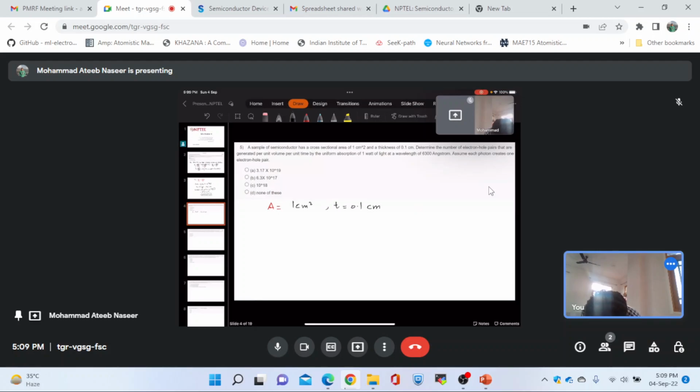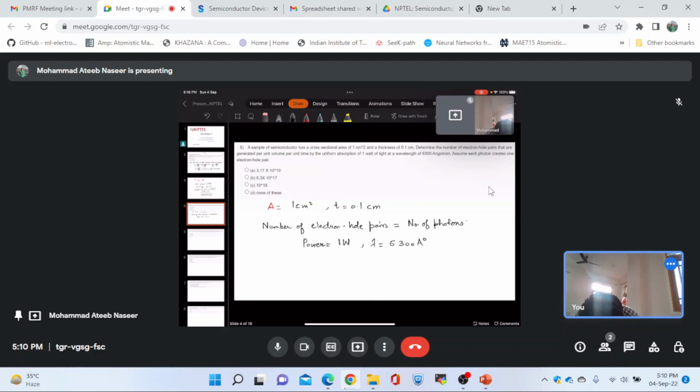So each photon creates 1 electron hole pair. So we can write like this: number of electron hole pairs is equal to number of photons. Now we have been also given the power. The power is equal to 1 watt and the wavelength is